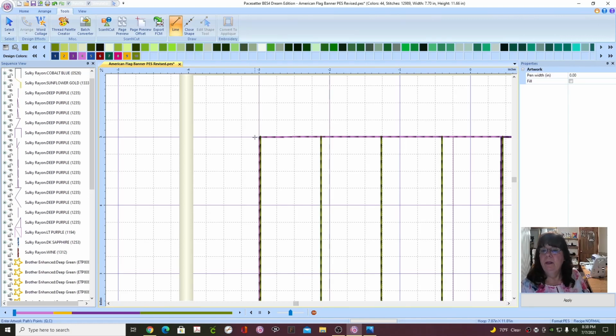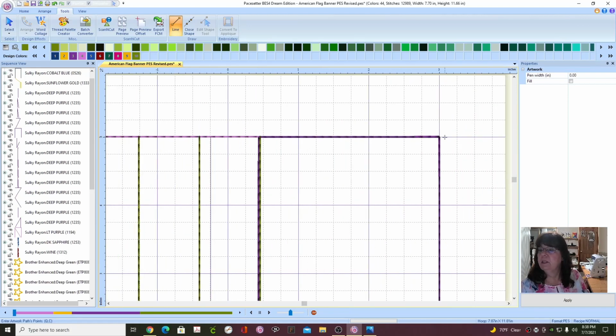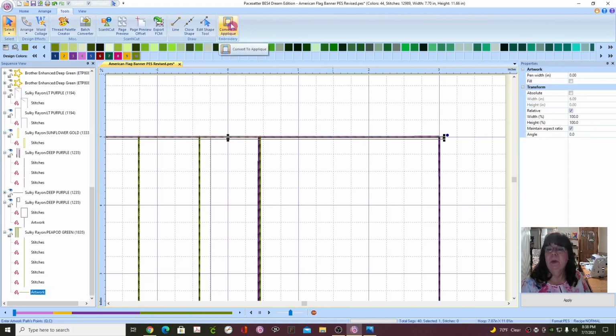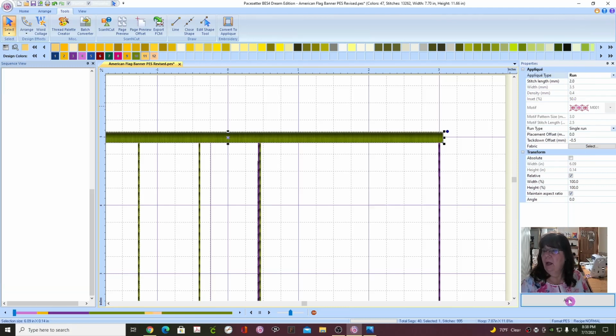Now I'm going to make this go just slightly beyond here and click my button on there and go just slightly beyond this one here. And if we hold that shift key, we know we'll have a straight line across. When we select, remember now, we're going to convert to applique, make it a run stitch, apply,